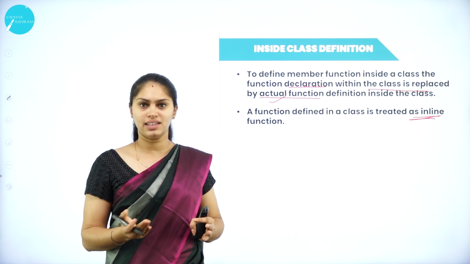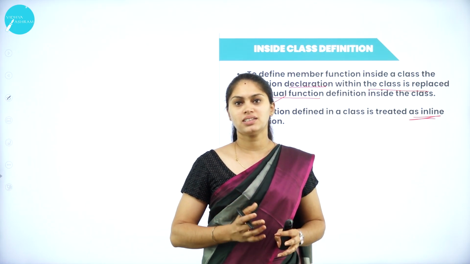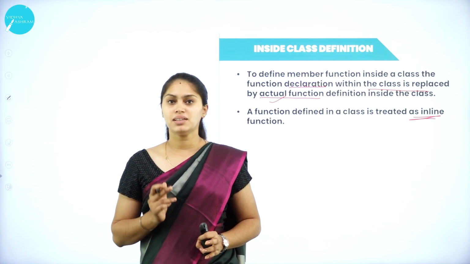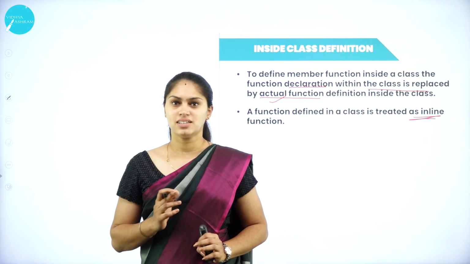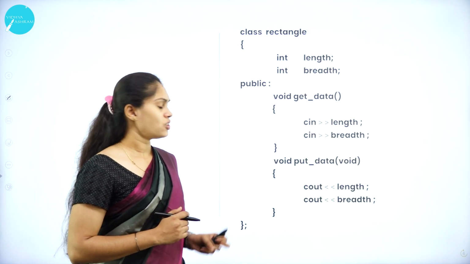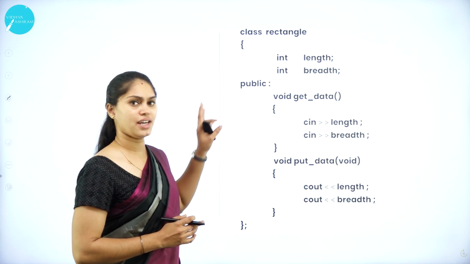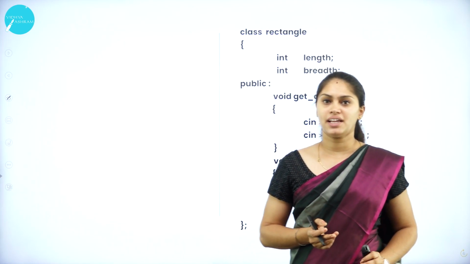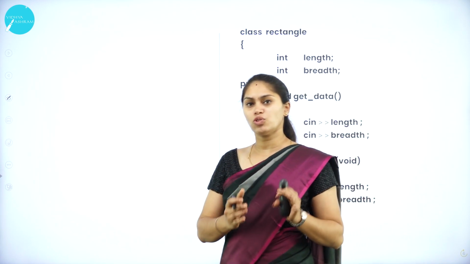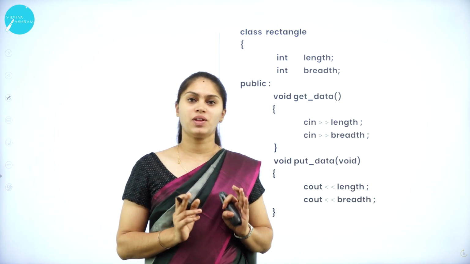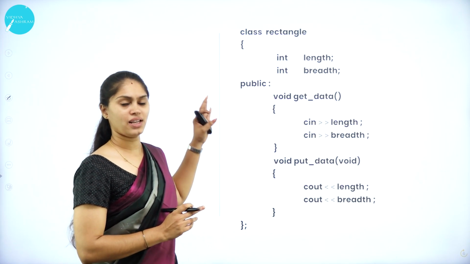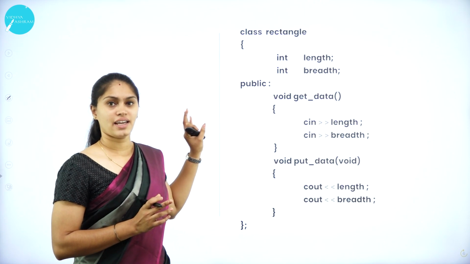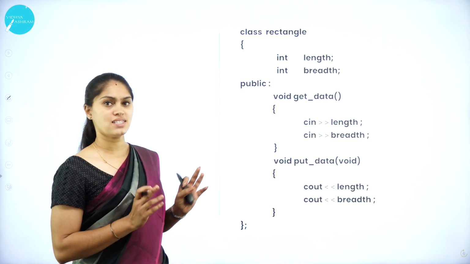If it is too lengthy or comprises complex computations or a complex function, at that time we have to define the member function outside the class definition. So let me explain this example. Here we already know how to define the class, the data members and member function, and how to use the access specifier. Okay, so here I have an example to illustrate defining a member function inside the class definition.